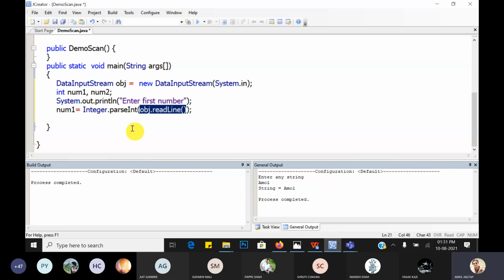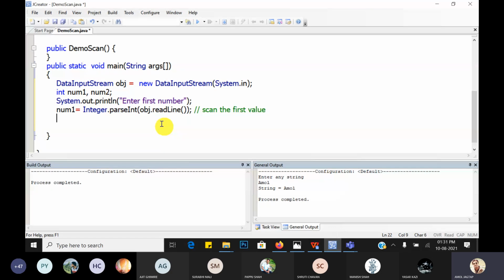Similarly Float.parseFloat and Double.parseDouble. These methods exist in the respective classes. By this way we scan the first value.